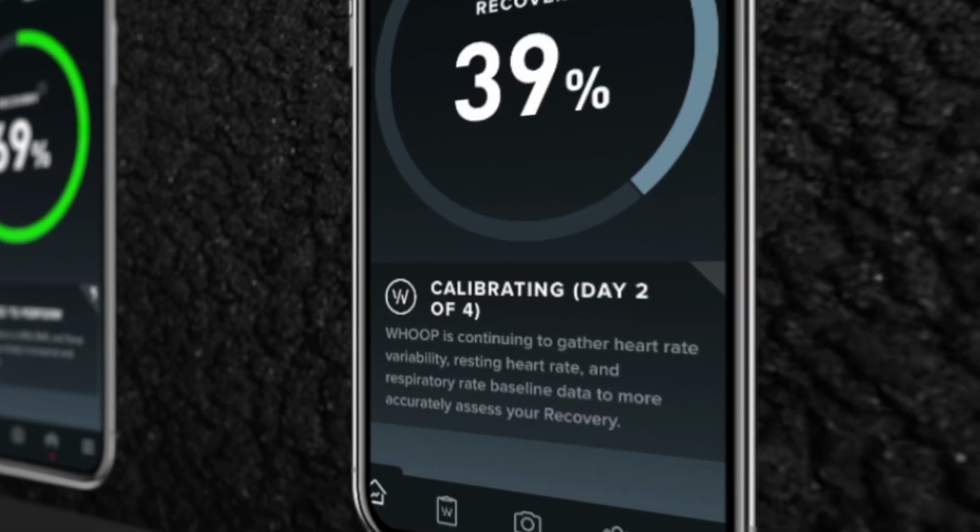Whoop is continuing to gather heart rate variability, resting heart rate, and respiratory rate baseline data to more accurately assess your recovery. So what does that mean? They're saying, hey, we need more time to create the most accurate baseline we possibly can on you. I've said this in many videos. One of the best things about Whoop is the longer you use it, the better it gets. And a part of that is because it's developing kind of this health metric